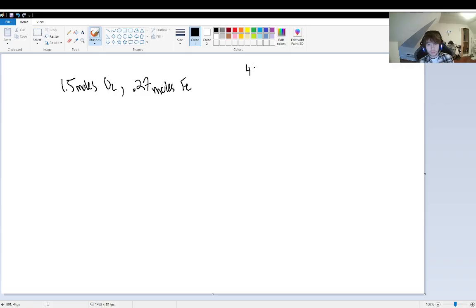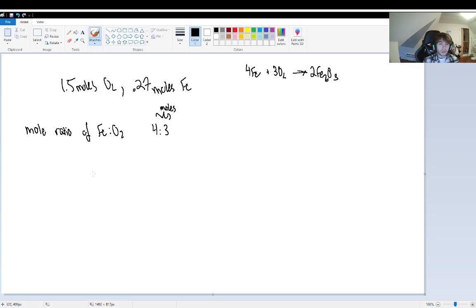Write this equation out again: 4Fe plus 3O2 gives 2Fe2O3, and the mole ratio of iron to oxygen was 4 to 3, and these are both in units of moles. So that means for every 4 moles of iron, it's